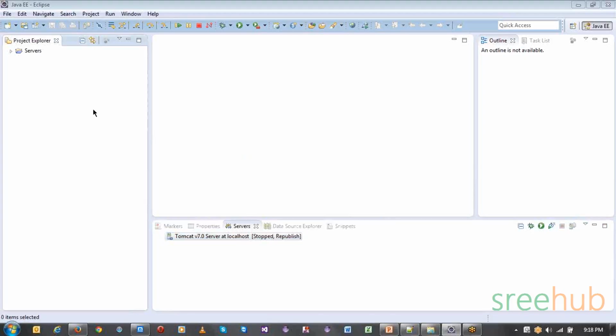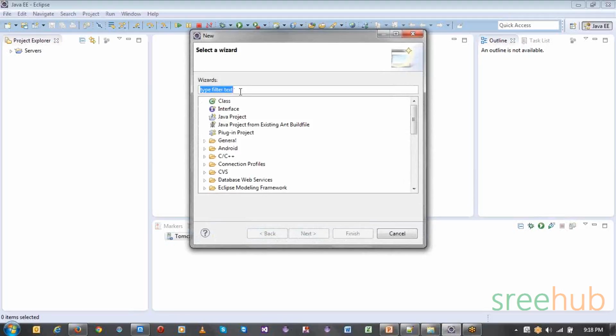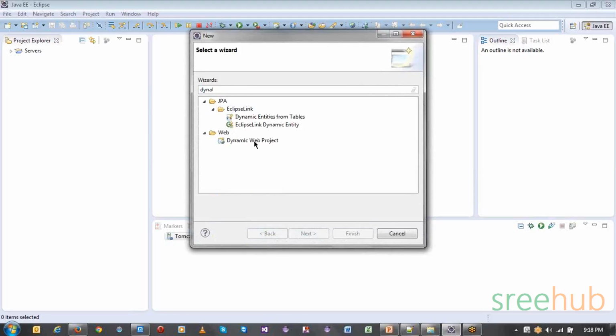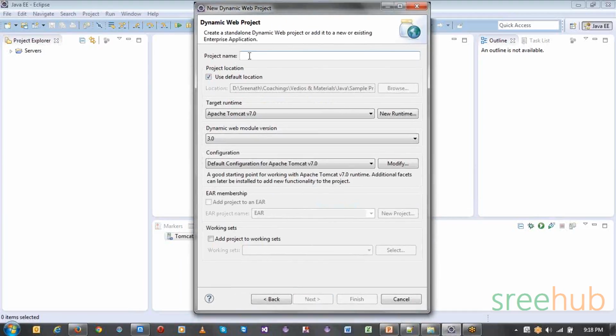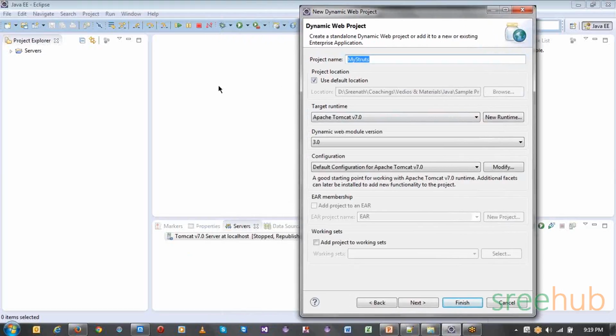Now let's create the first Struts application. Let me create a new project here. As we are going to create a web application, we are going to choose a Dynamic Web Project. Click on Next, and again these things will be the same. So let's say I'm going to give my Struts project some name. You can see here, as soon as we gave this Tomcat 7, it automatically took the default server from our